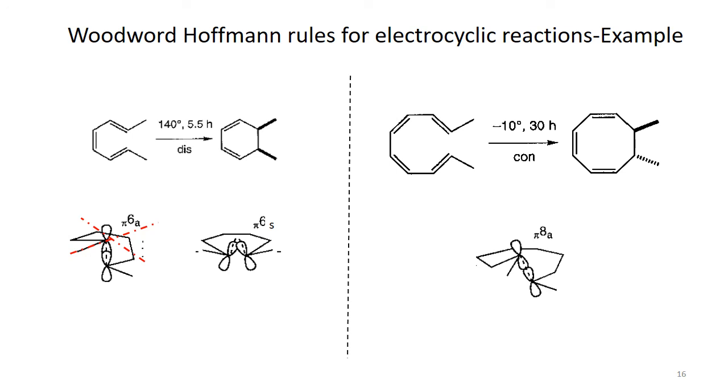But in the second case, the octatetraene case, this reaction is faster and easily achieved because the spiral transition structure we obtain here already corresponds to the antarafacial interactions. This antarafacial interaction corresponds to the conrotatory process. That's why this pi 8a system, this component, we designate it like that. So this system basically makes it favorable for conrotation.